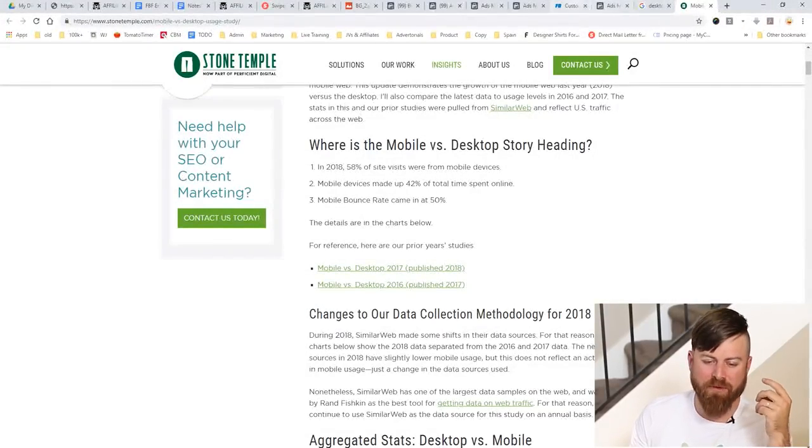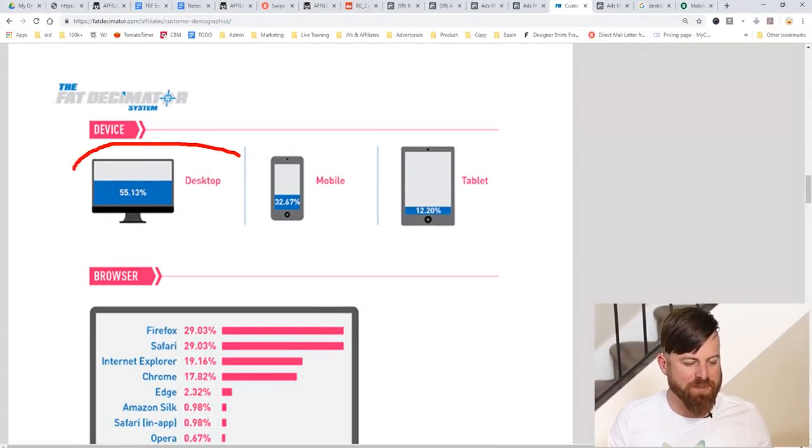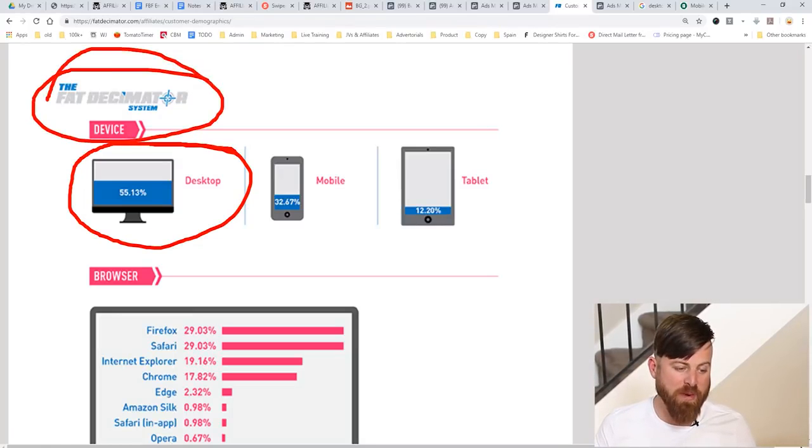So given that information, I find it kind of surprising that desktops send more sales to this weight loss program than mobile devices.